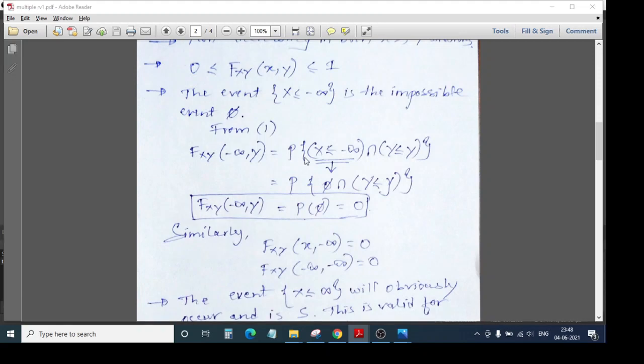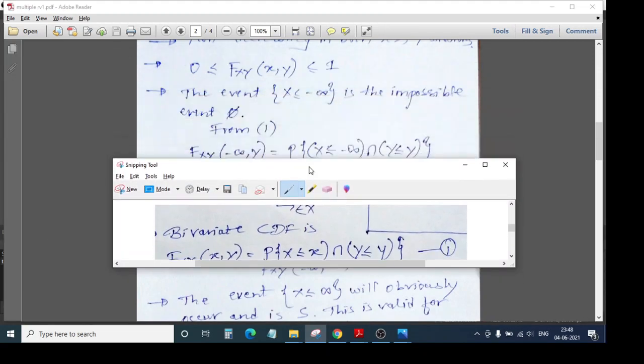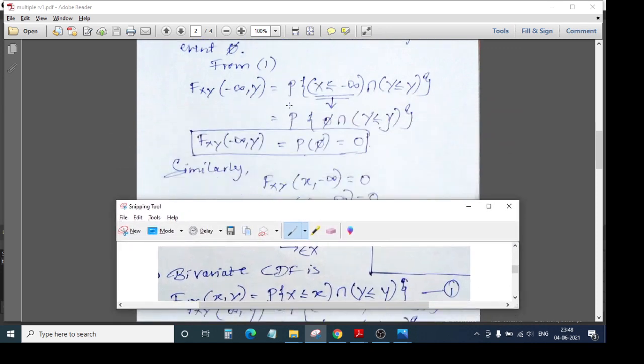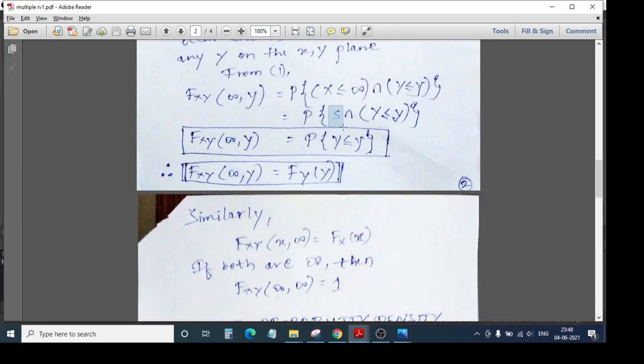From equation number 1, what we have done here, friends, is that x is less than infinity, so in the place of this x, we'll be substituting infinity. As we told you, this is a sure event, that means it has to occur somewhere in your sample space. So the sample space is intersected